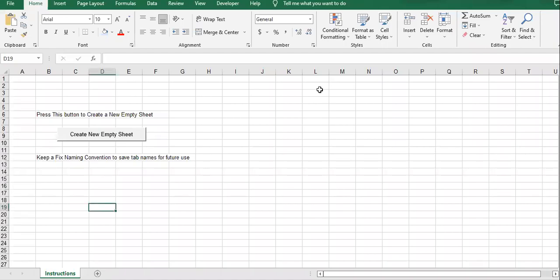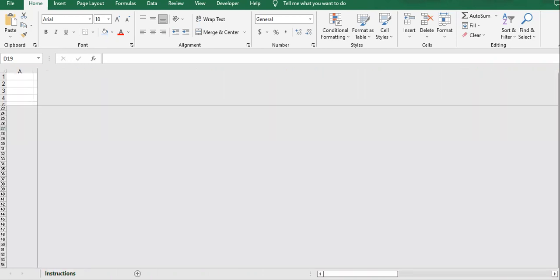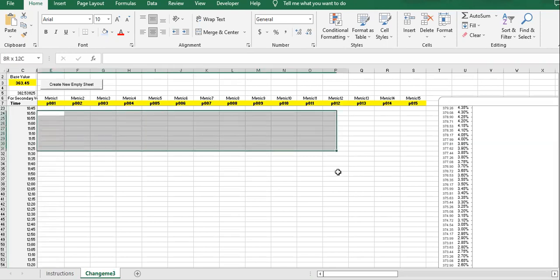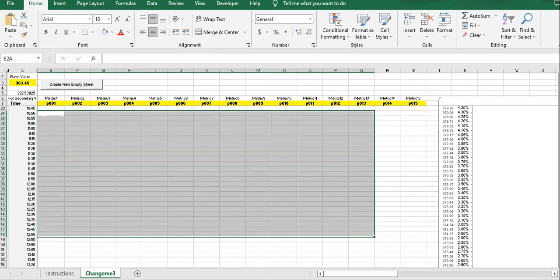So this is part 3 and the final version of the file. This is the instruction page. I just added this instruction page to show you that you just need to press this button, and let me do that for you. Once you do that, it will give you another file with an empty tab and with the name "change me"